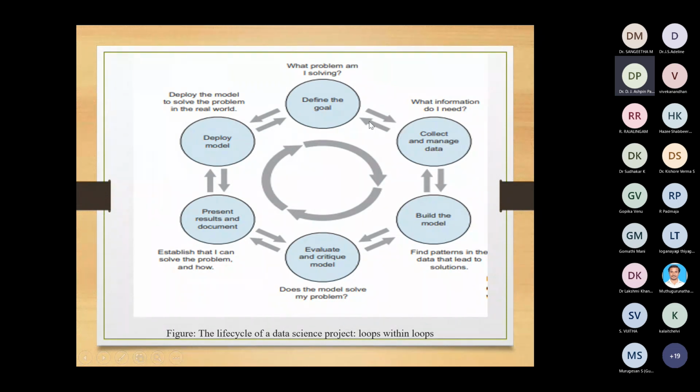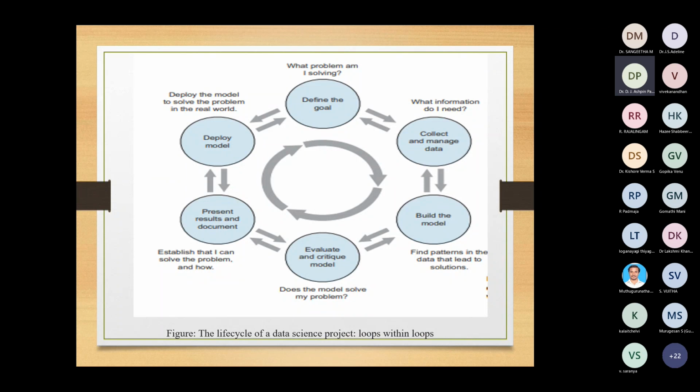And again, you see the arrow coming back to defining the goal, right? Because it always encourages feedback, and it is an iterative process. It is not like the waterfall model, where after completing all the stages the system is developed. Based on the feedback, we can go back and redefine the goal if we are not satisfied, because finally your system has to make the predictions correctly.